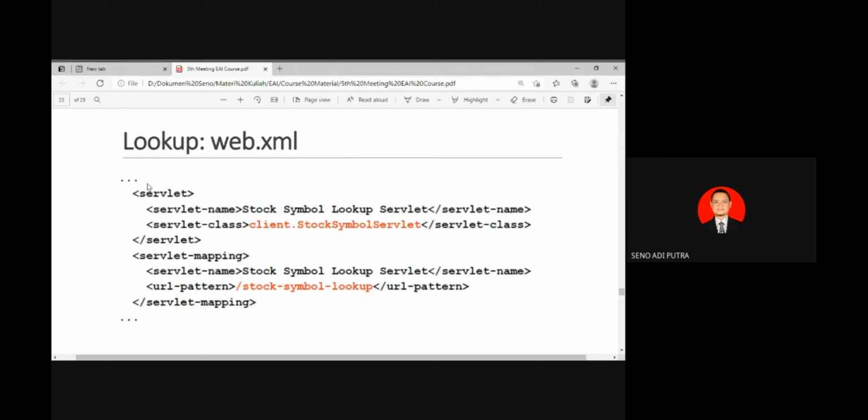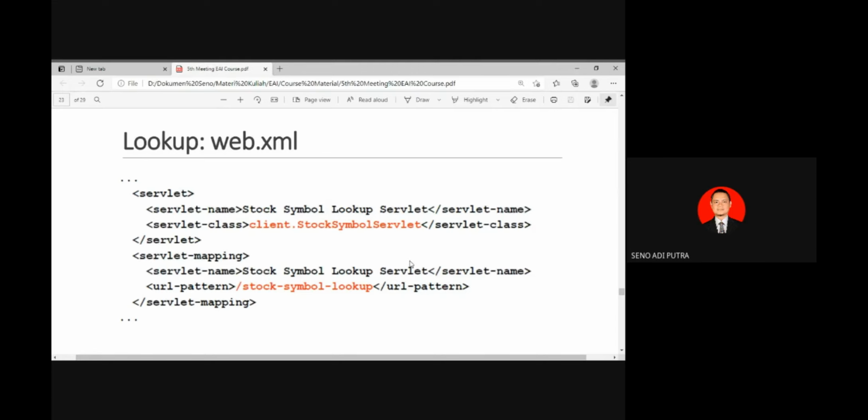You have to add this statement in your web.xml file: servlet, with the fully qualified name of your servlet, and then map it to the name you desire. This is up to you, the name is not strict. You can write your own alias or mapping name. You can freely declare the name of this servlet. So you have to add this statement in the web.xml.